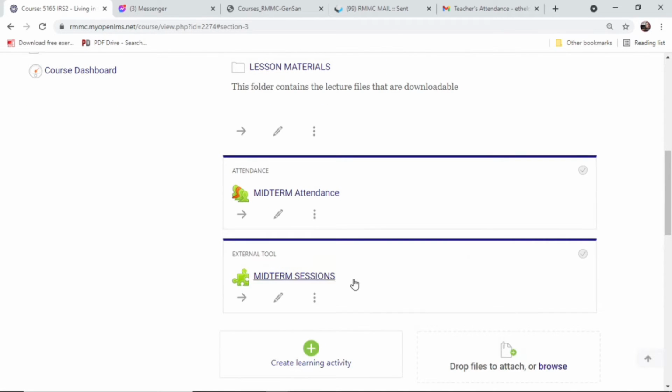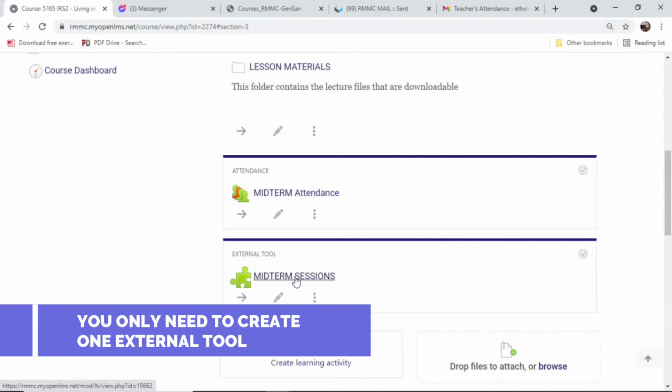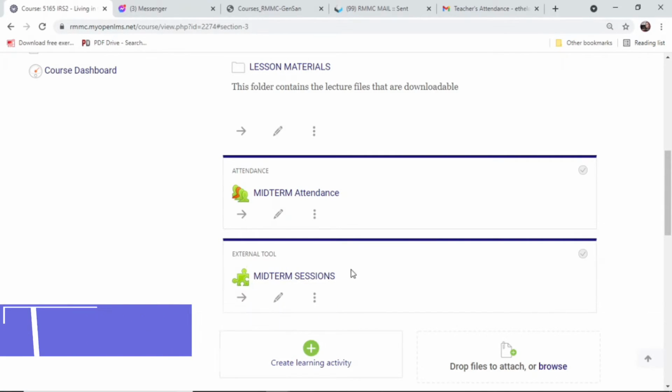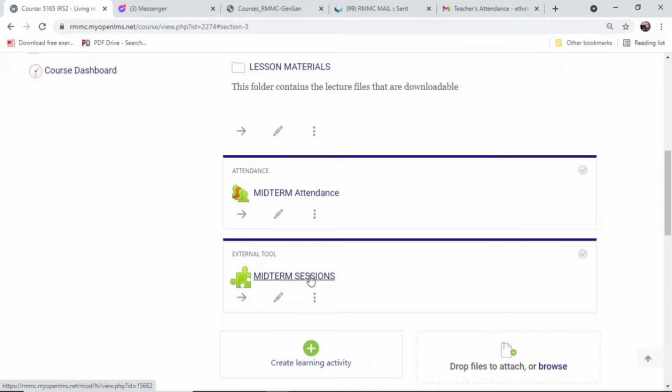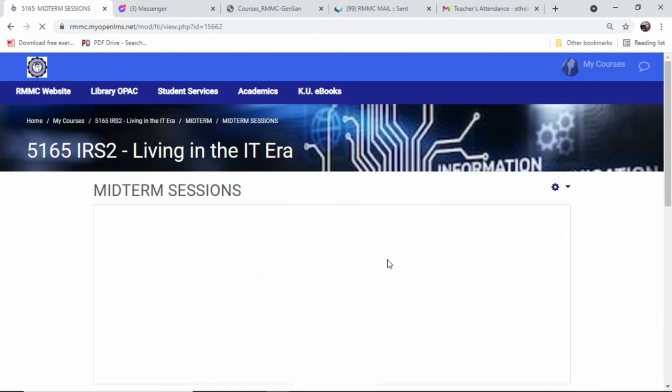Now, as you can see, I only have one external tool here, midterm sessions. I don't need to flood the course page with too many Classin external tools. I only need one, okay? You can do the same. I noticed that there are some teachers who have created a lot of external tools on their course page. You only need one, and from there, you can add classes or sessions,